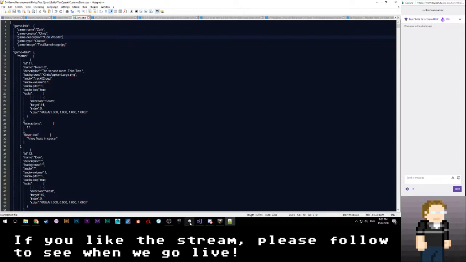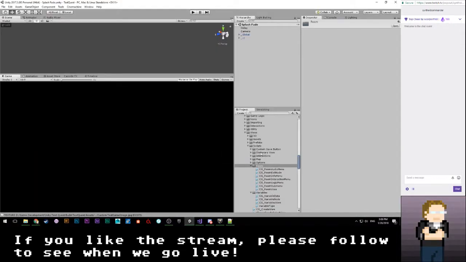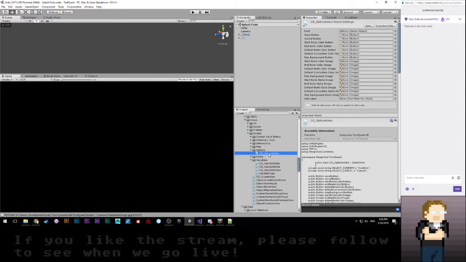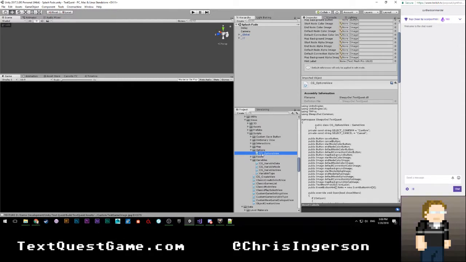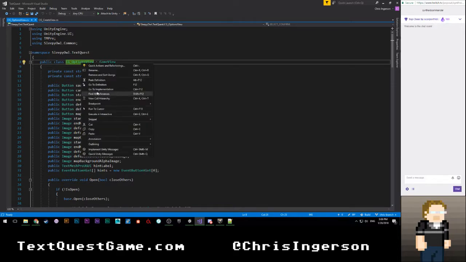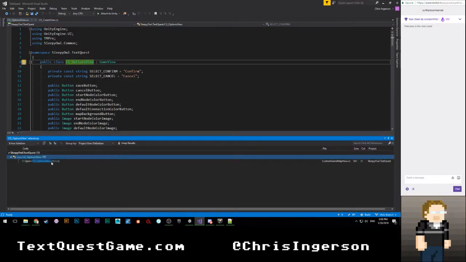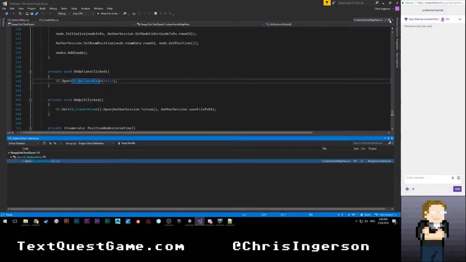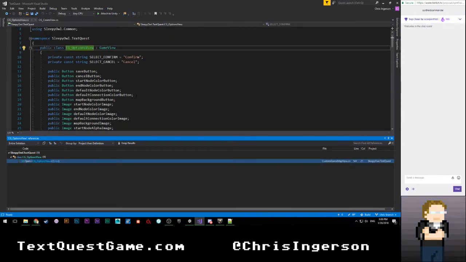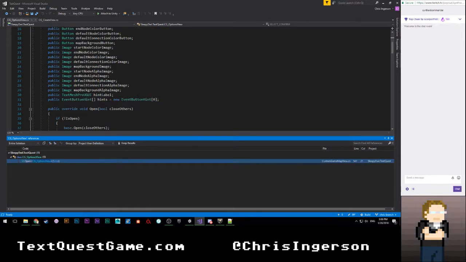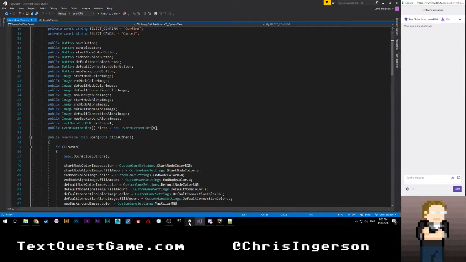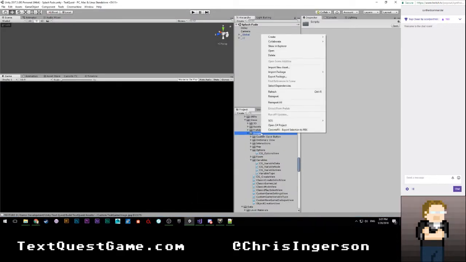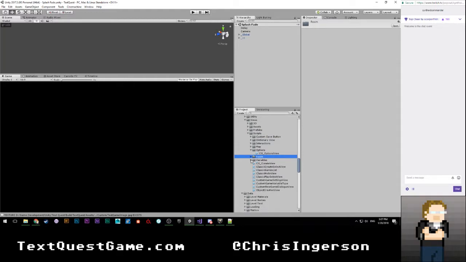All right, so first things first, we're going to want to go ahead and open up some of our stuff. Open up CG options. Yeah, I meant to actually look at this. Do we actually do this anywhere? We do. We have a custom game map view. Oh, okay, I guess that makes sense. So this is actually for the map options. I probably should rename this. All right, so I'm going to go ahead and guess we'll say settings.